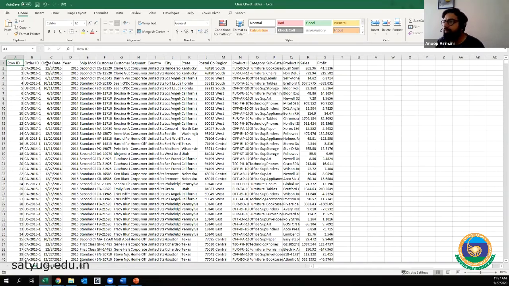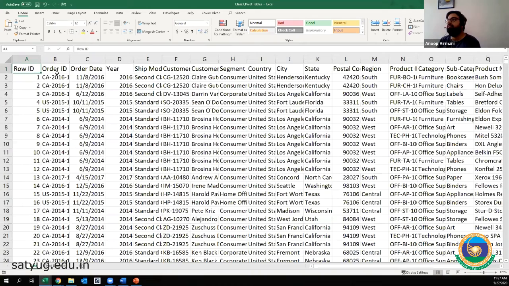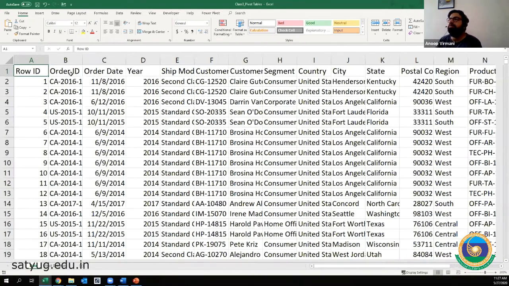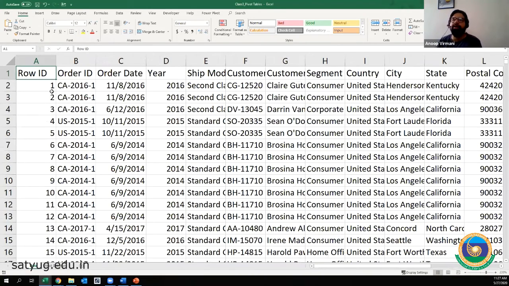Remember, in the first class we did something around formatting this kind of data, order ID, order date, etc. So this is the core data of that startup which is selling furniture and office materials. This is transaction level data for 2016, 2015 and 2014, right?